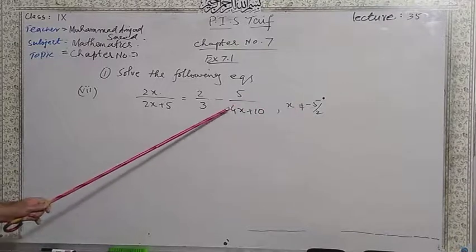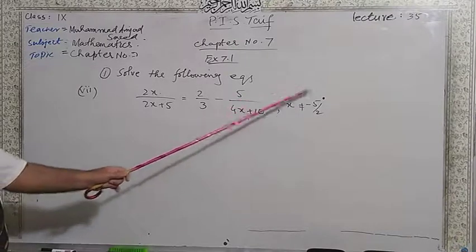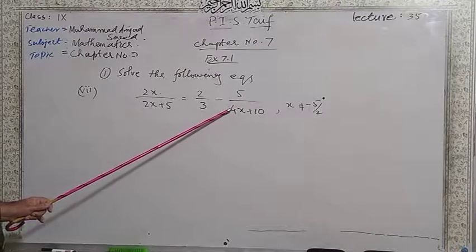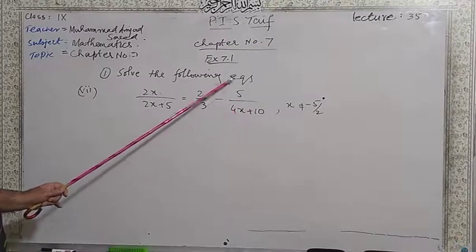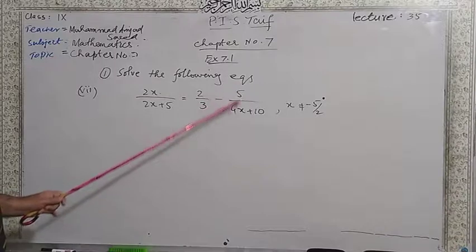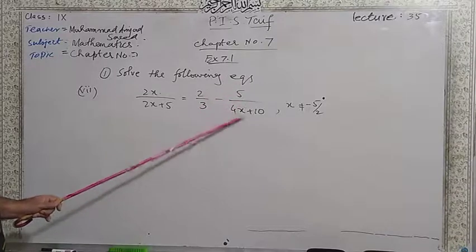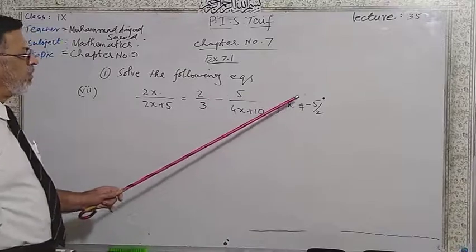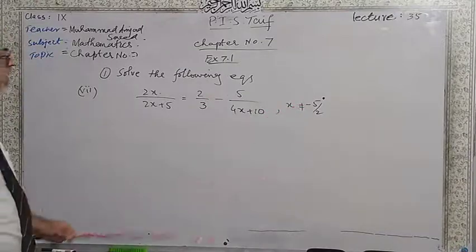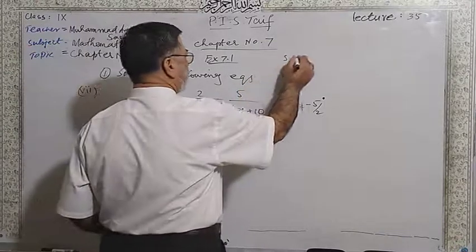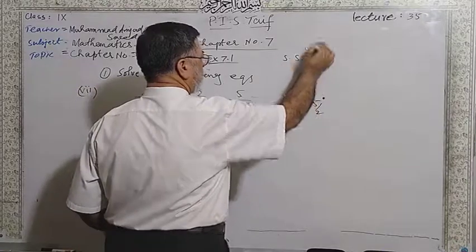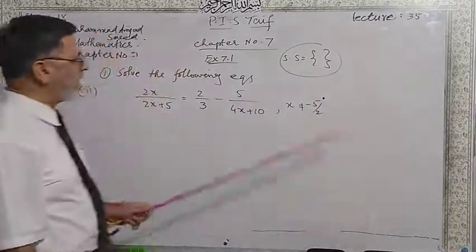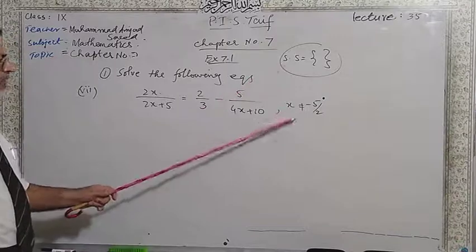2 will cancel this 4 and it will become 2 into minus 5, that is minus 10. Minus 10 plus 10, it will become 0, something over 0 is undefined, math error in your calculator. That's why if you got this x equal to minus 5 by 2, your solution set will be an empty set. Remember that in case of this number, if you get that one.